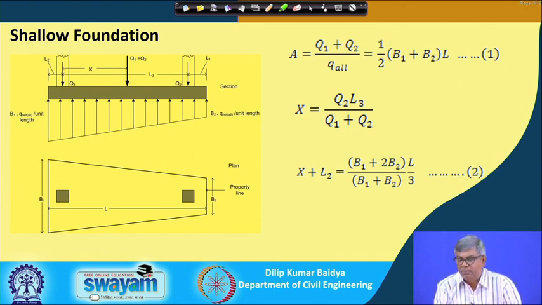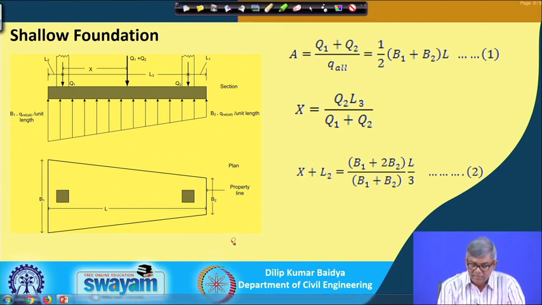Like before, if the soil bearing capacity is q allowable, then we can find out the area first: Q1 plus Q2 divided by q allowable, and this is the area required. Now, if I assume the width on this side is B1 and the width on this side is B2, and this length is L. Because of all the restrictions L may be known, for example L3, that means the spacing between the columns is known, and from the left column what distance you can go, from the right column what distance you can go. If you know all, then L will be known.